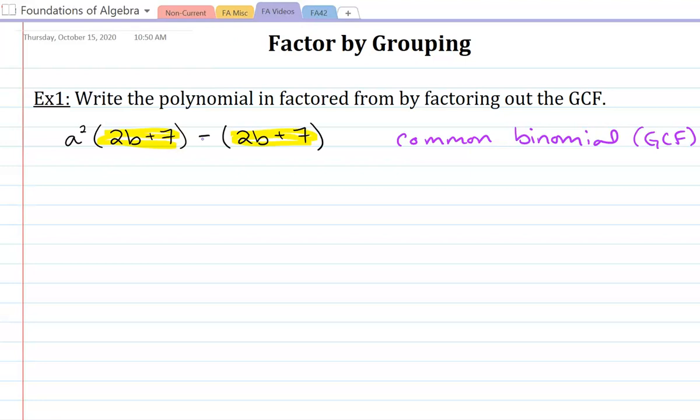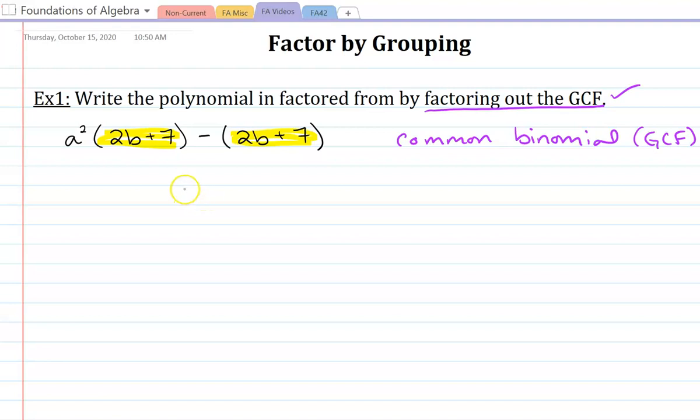So they've actually already done the hard part for you in this example. They've already factored out the GCF. So all that's left is to put it into the factored form, which involves bringing down the